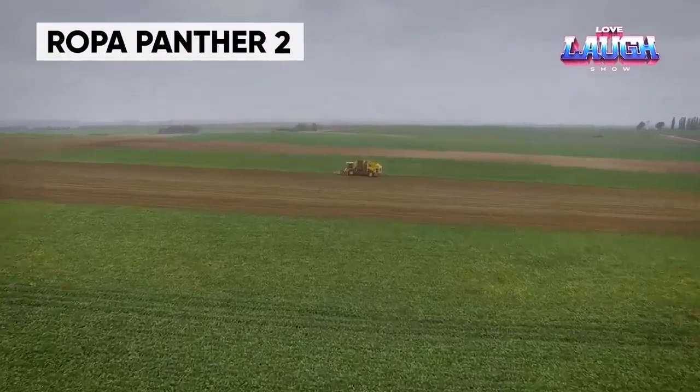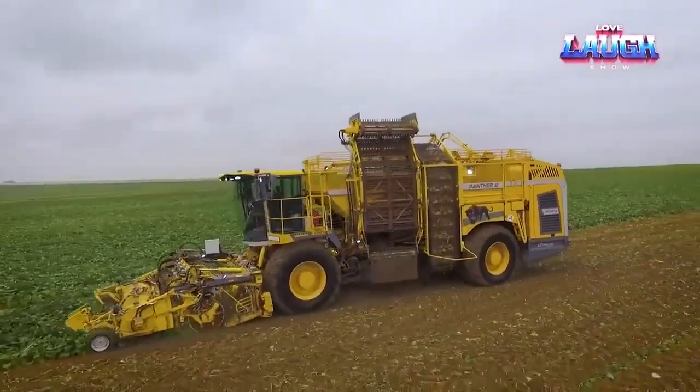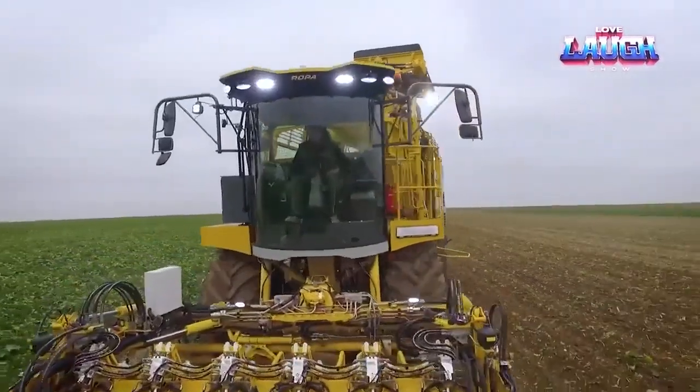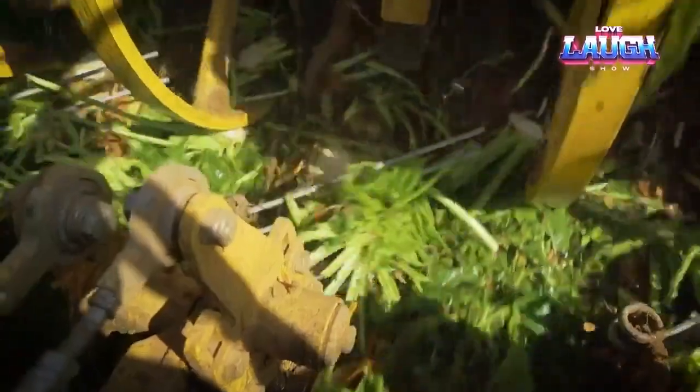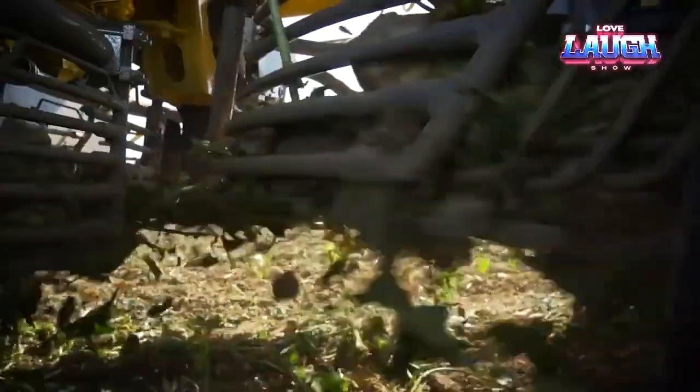Next in line is the Ropa Panther 2, a behemoth of a harvester with 6 rows and a massive 25-ton hopper. Designed for efficiency on an industrial scale, it's the go-to choice for commercial potato farming operations. Equipped with state-of-the-art technology, the Panther 2 delivers unmatched performance, effortlessly lifting potatoes from the soil and depositing them into